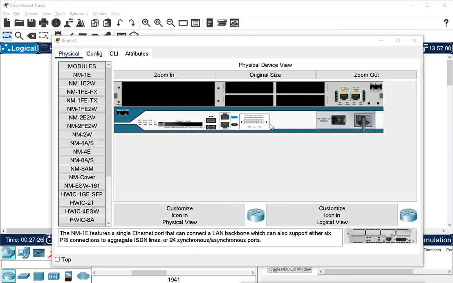Here again we have console and auxiliary port fixed, USB port we have here, and also we have a slot for adding flash memory. By default it has inbuilt flash memory, but if you want to increase it, you can add it here in a flash slot.